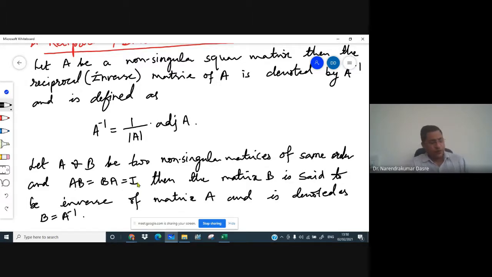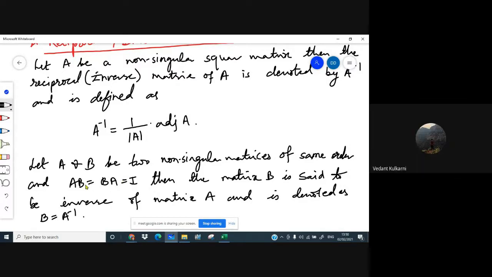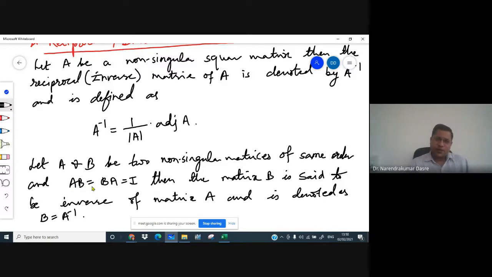Okay. And I hope you have studied how to find out the inverse of a matrix by using elementary row transformations or column transformations. Yes, sir. So there you have used this relation, A into B is equal to B into A is equal to identity. So if you are calculating using the row transformation, then we use this expression. If you are calculating directly, then we use this expression. Okay. So this way we are able to find the inverse matrix or the reciprocal matrix.